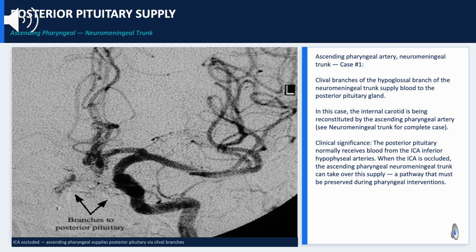pharyngeal artery territory. The clinical significance extends beyond an anatomic curiosity. Ascending pharyngeal artery embolization for jugular foramen tumors or dural AVFs carries the risk of posterior pituitary ischemia if the clival branches are sacrificed. Diabetes insipidus has been reported as a complication of ascending pharyngeal embolization when this supply is